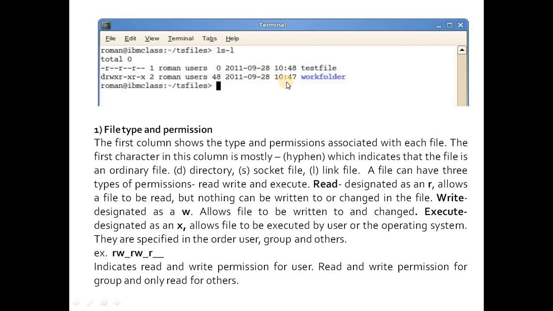Next, what you can see over here is the last modification time of the file, which is stored to the nearest second. A file is said to be modified only if its contents have changed in any way. Okay, so this is nothing but the time when the file was modified. And the last attribute is the name of the file. That is the name which you give when you save that particular file. So this is all about the basics of file attributes.